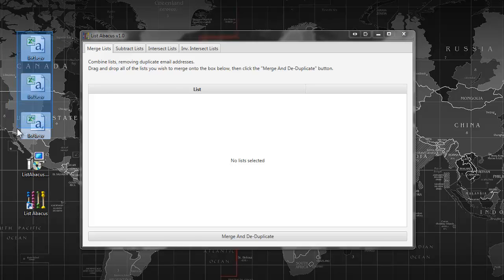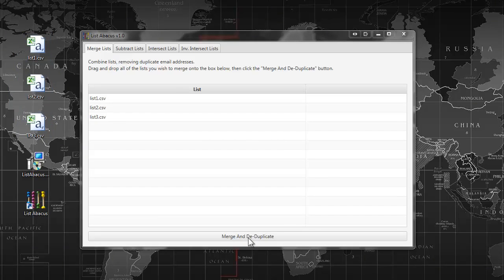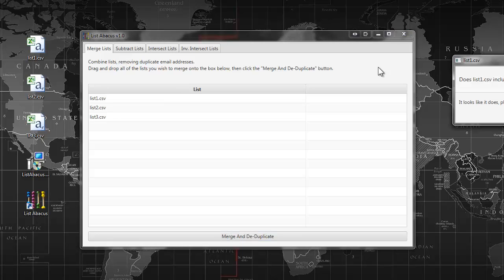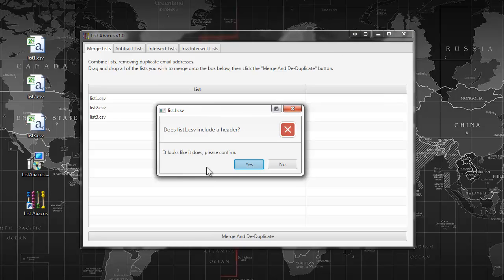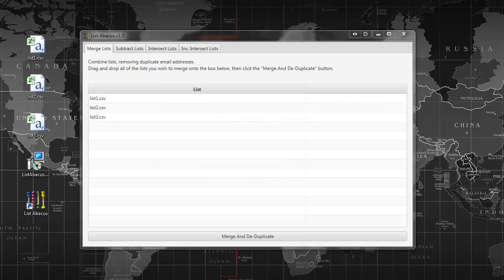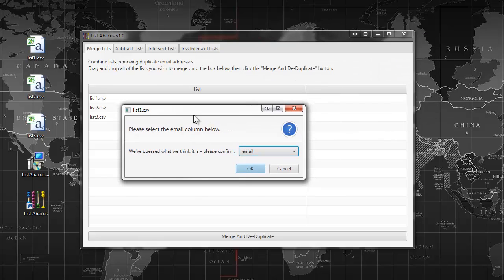So for this task, all you'll ever need to do is just drag your lists in, press merge, and deduplicate, which is here at the bottom. So if I do that, it's going to come up with a flurry of windows, and it's going to ask where the email actually is. If it finds the header, so there's a heading above the email block, like there is basically on the list 1 for me. So